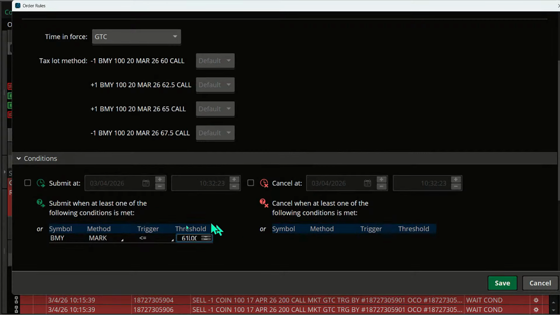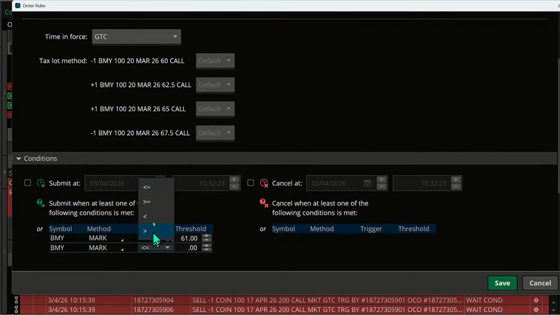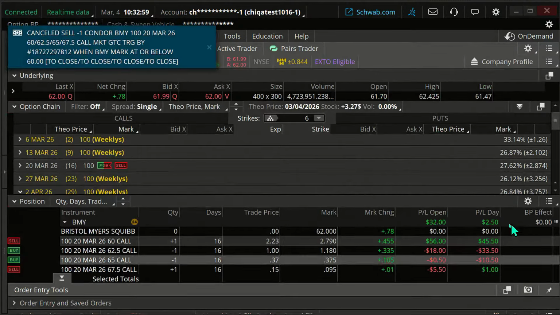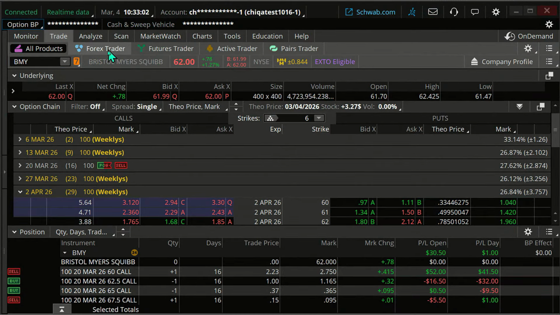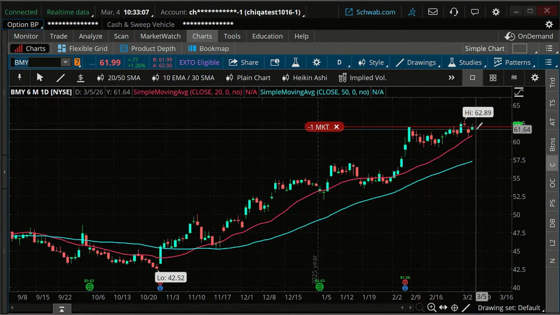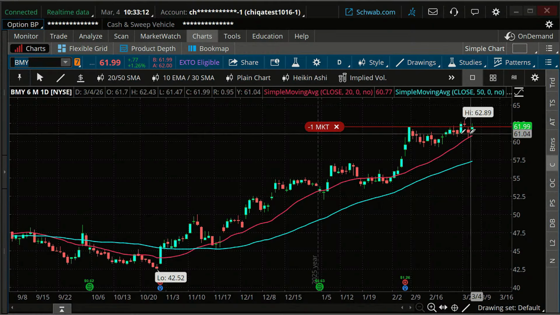If I wanted to, I could say, look, I don't want this to go up too high. We'll get out if it goes up too far. So I can add another line to this. I can say BMY marks greater than or equal to, I don't know, 65. So we're amending, adjusting, changing this exit order to get us out on that. Okay, canceled the old order. We now have a new stop on this. But right now, this is a neutral to bullish trade, and the technical analysis is telling me it's still neutral to bullish. Does that make sense on that?